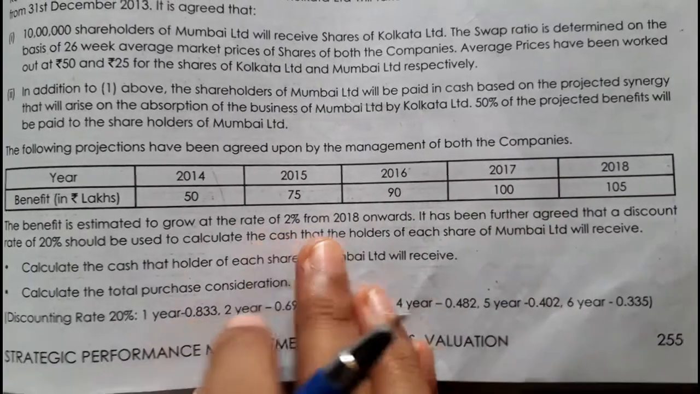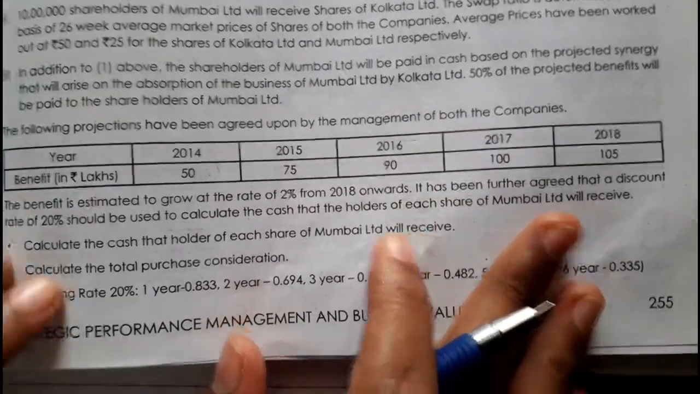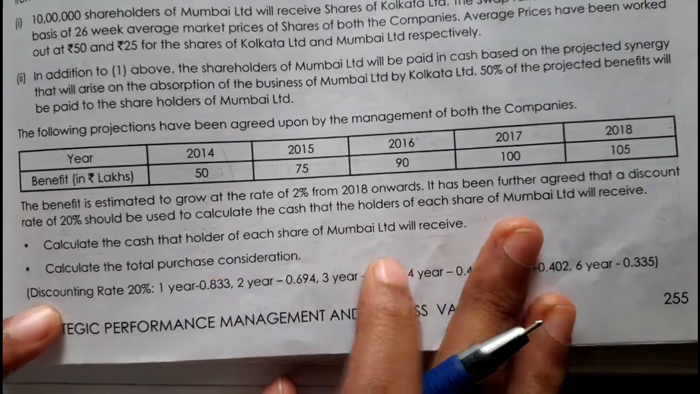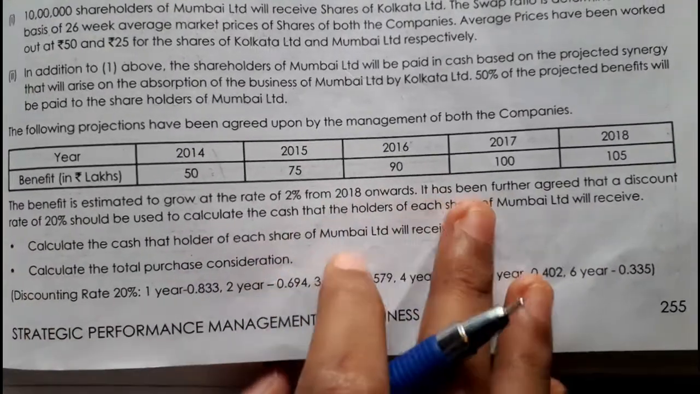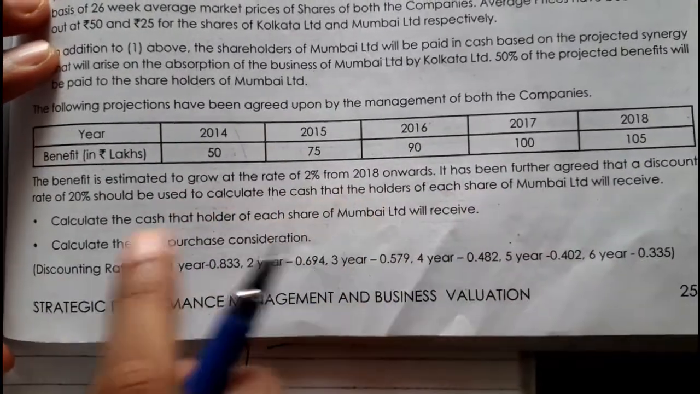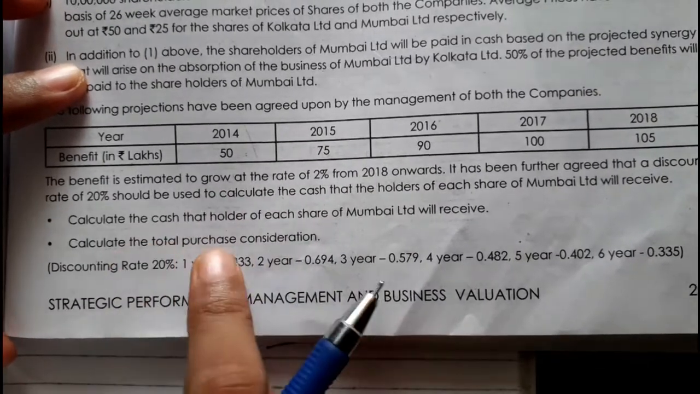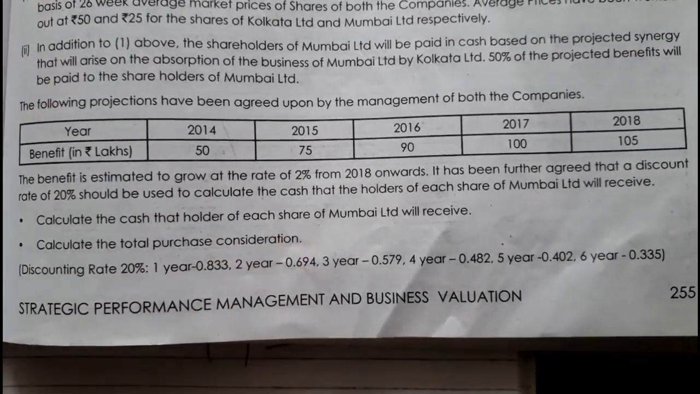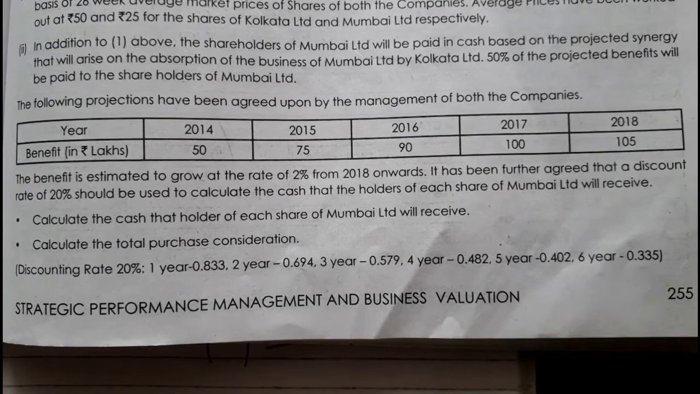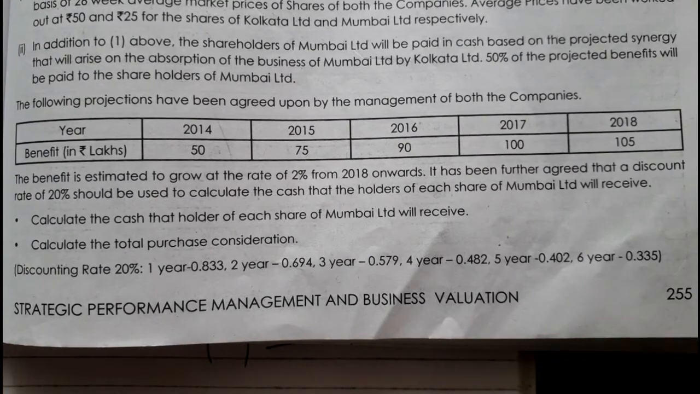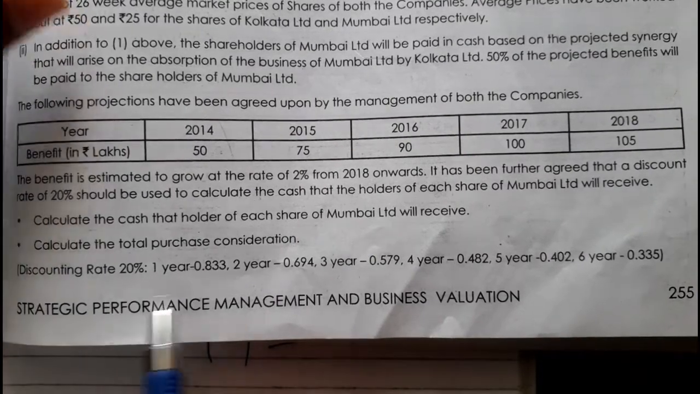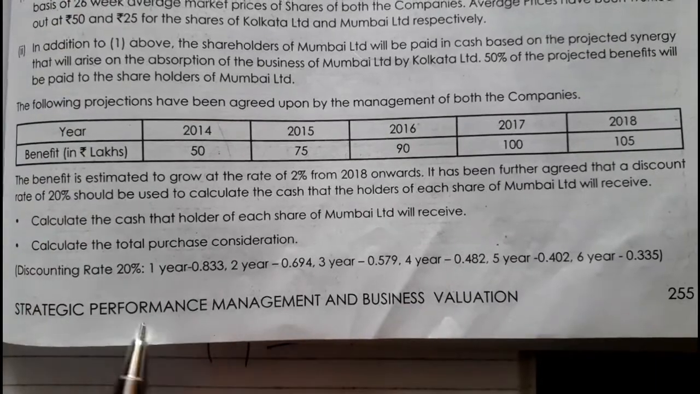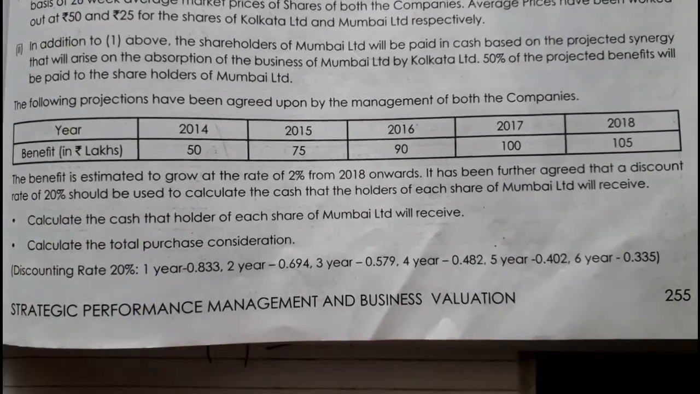The growth rate is 2%, and the discount rate is 20%. Okay, so this is going to be for an infinite period of time. So we have to find the terminal value. We have to find the cash for each share as well as the total purchase consideration. Discounting rate they have already given, so we have to just multiply with the values. Okay, so